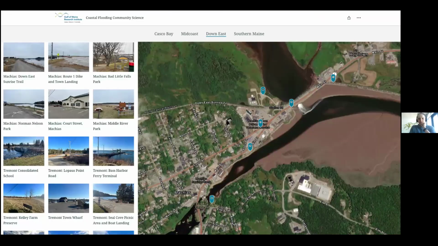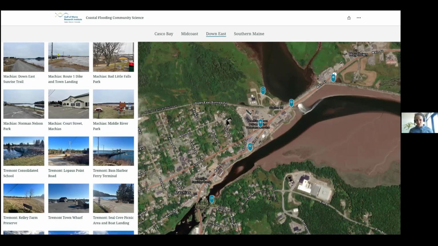Then, on what is the impact of forecasted or measured water level? We partnered with the 4 communities we were working in to identify sites that they were particularly concerned with around flooding. And we call these coastal flood monitoring sites. The challenge in establishing a relationship between water level and local flood impact comes from these flooding events happening everywhere at once. And so the National Weather Service can't really get eyes on, or a municipal manager can't really get eyes on, the ground everywhere to know what local impacts are.